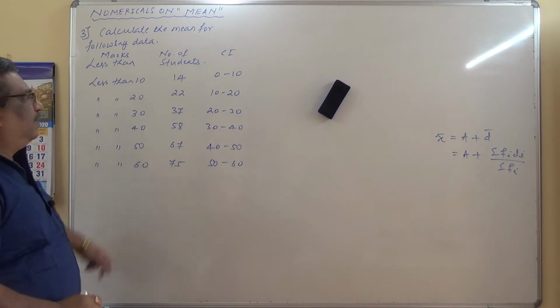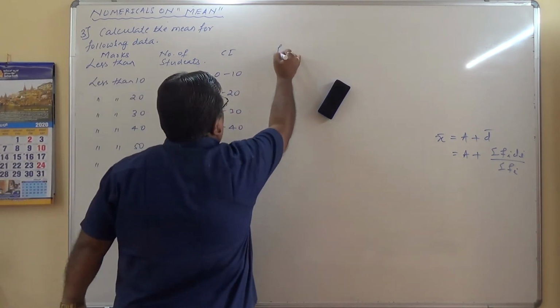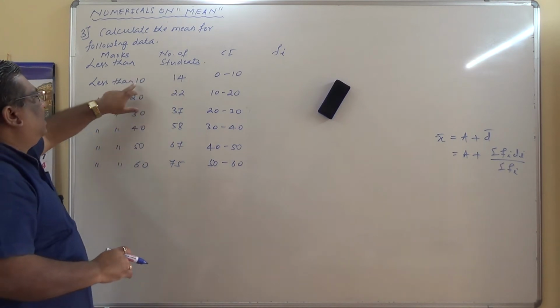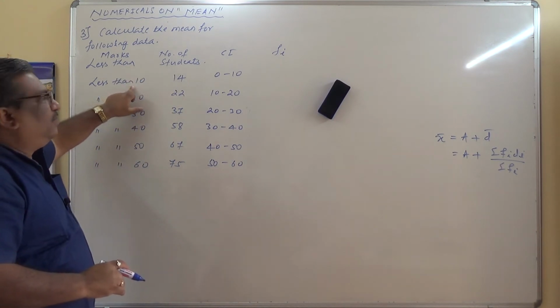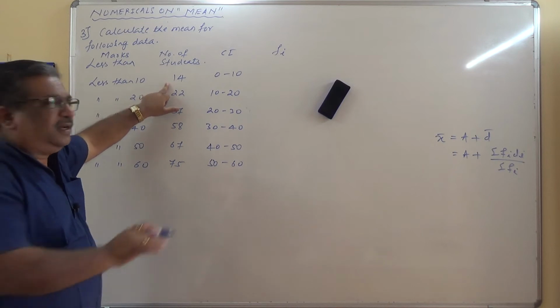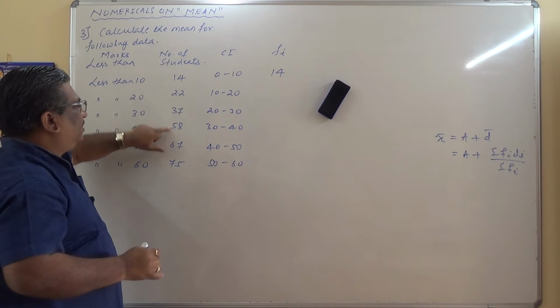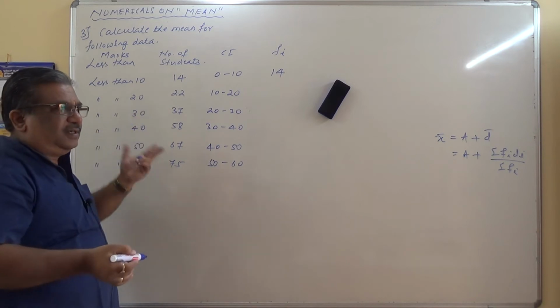So class interval. What about the frequency, Fi? Less than 10 means 0 to 10, definitely only 14 students are there. As it is 14, I'll write it. Finally, this minus this, this minus this, this minus this, this minus this, this is what will give me